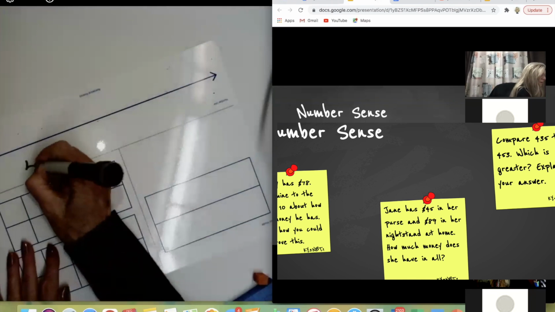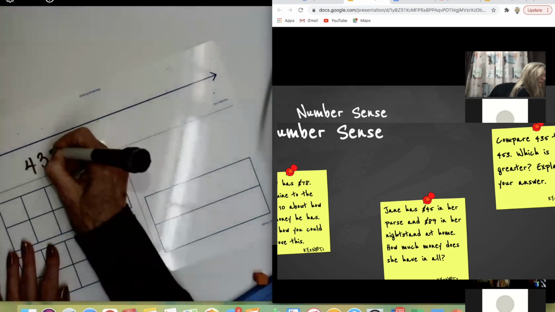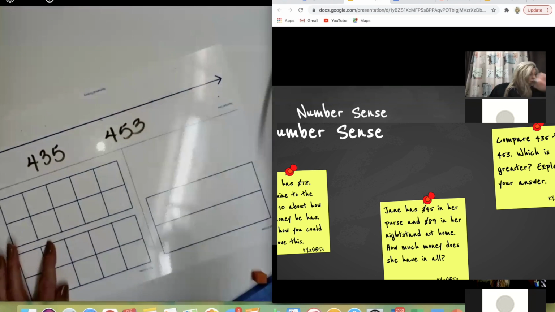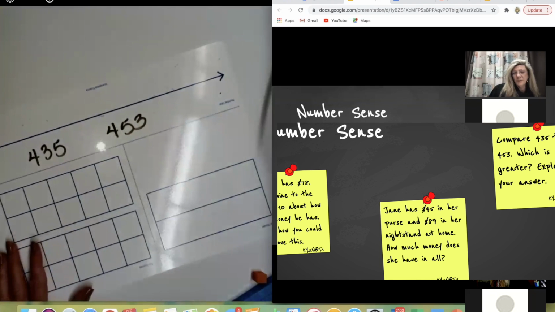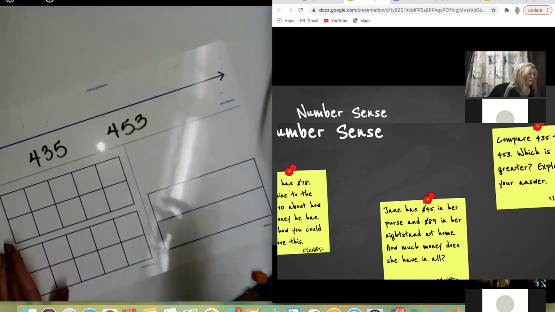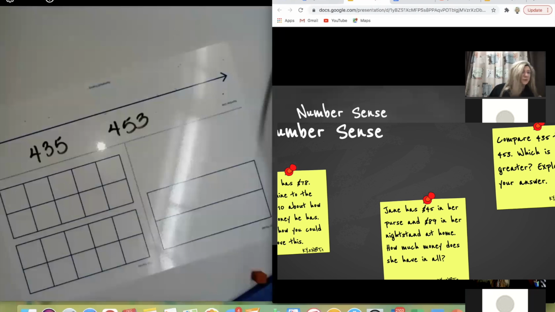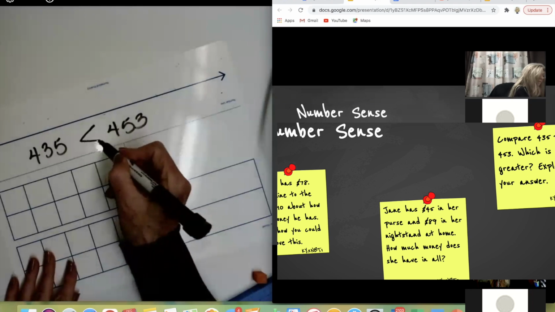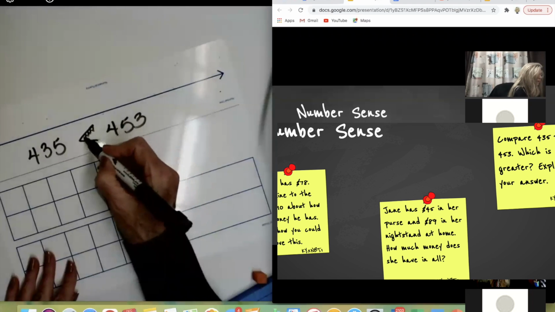So we were looking at 435 compared to 453. And when you get into writing those comparison symbols, the greater than, less than symbols is what I'm referring to. I always told mine to pretend it was a shark, and a shark was swimming around in the ocean. And obviously a shark is hungry, and they're looking for the biggest fish to eat. So which of these would be the biggest fish, 435 or 453? So they would draw, and of course the shark will have its mouth open, and they'd actually like to draw their little teeth in here.